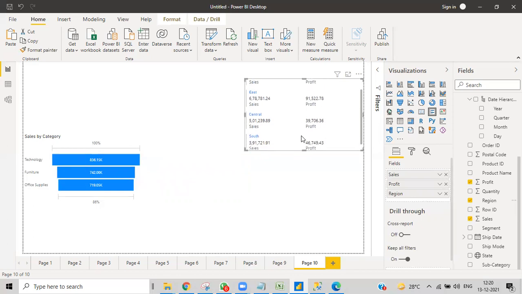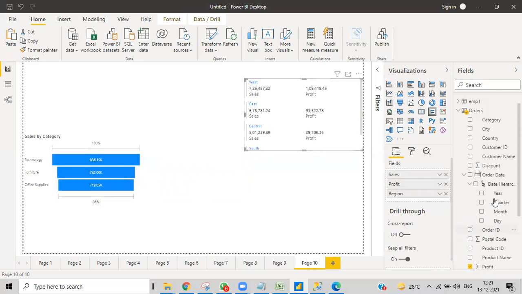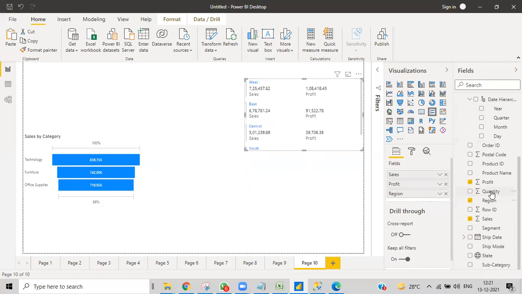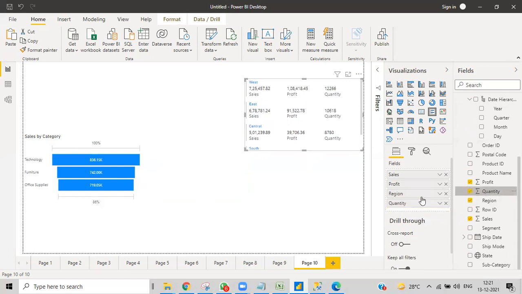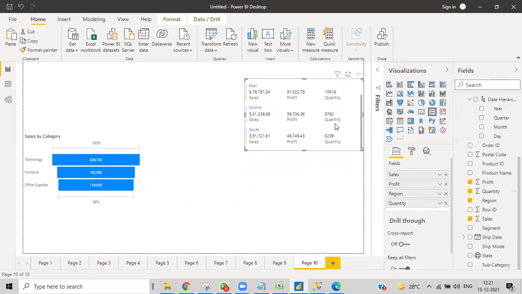If you want to show region-wise, west region has this much sales and this much profit, east region has this much sales and this much profit. And I want to show some quantity also, how many have been sold in this particular region. This is the multi-row card, and this is the KPI.